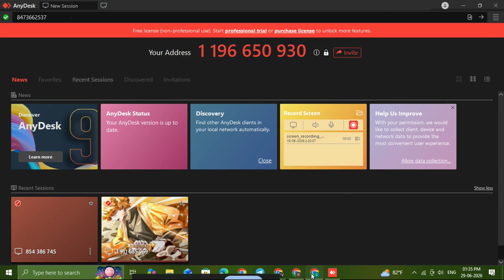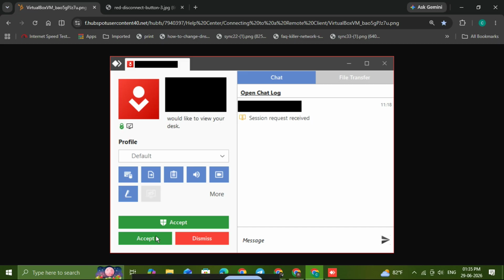This is the key step that allows the connection to go through. If they don't accept it, the session won't start, so make sure they know a request is waiting for them in AnyDesk. Now, if your goal is full control of the other computer, there's one very important permission to check